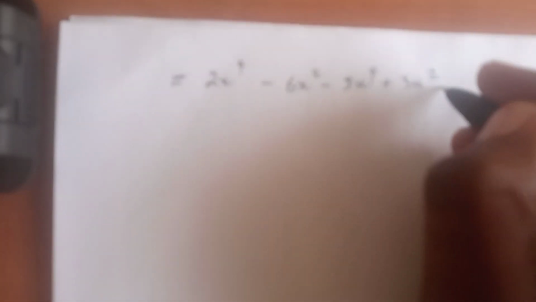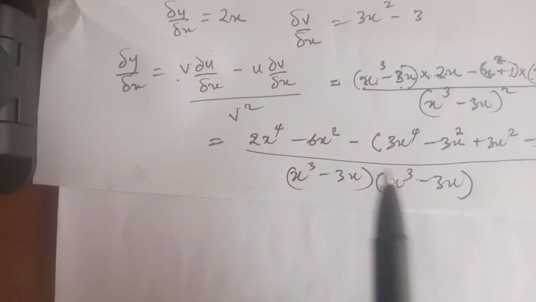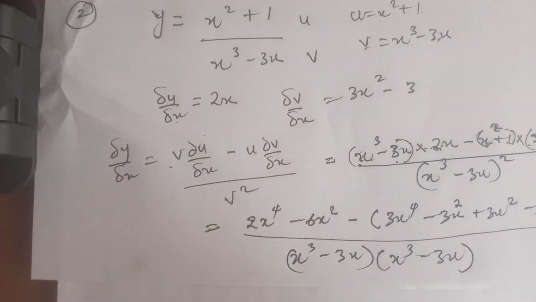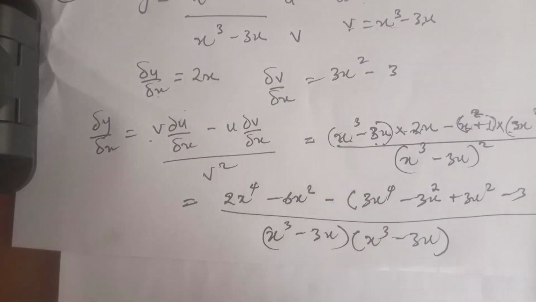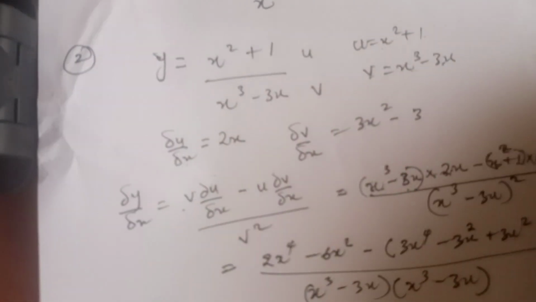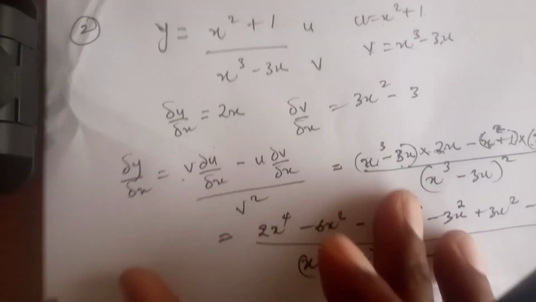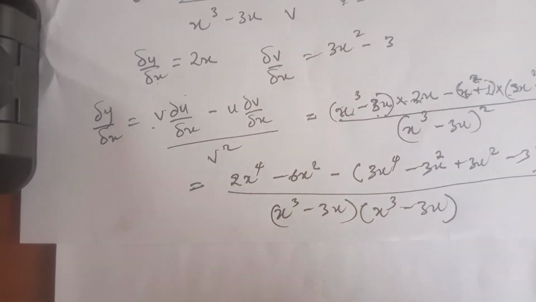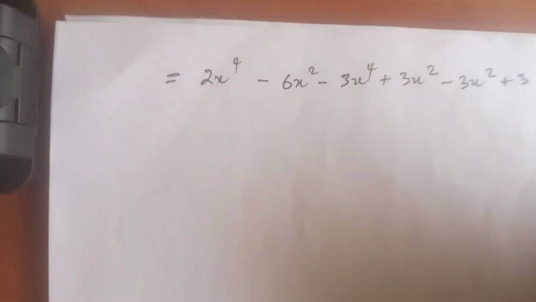Then minus 3x squared. When you open the bracket, don't forget minus times minus is plus, minus times plus is minus. So then the last one inside this bracket is minus 3. So minus times minus 3, that will be plus 3. Then I have plus 3. All right, then over